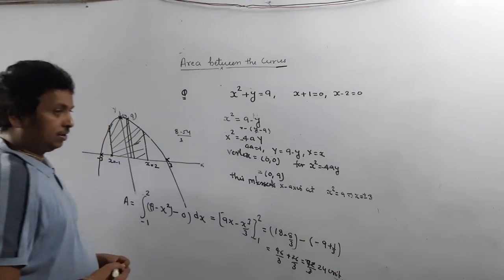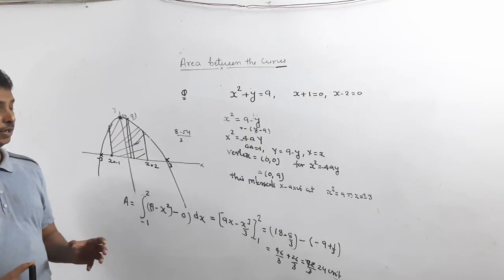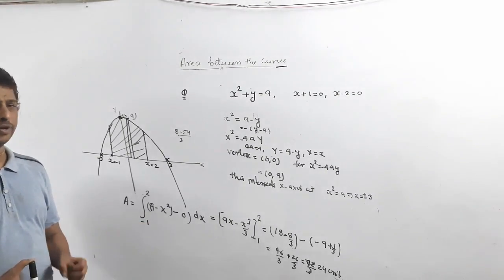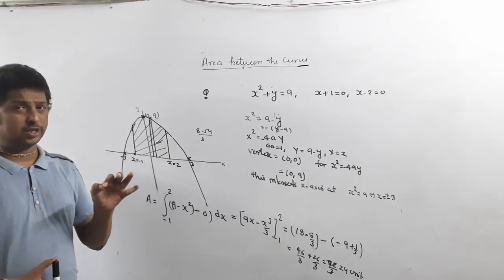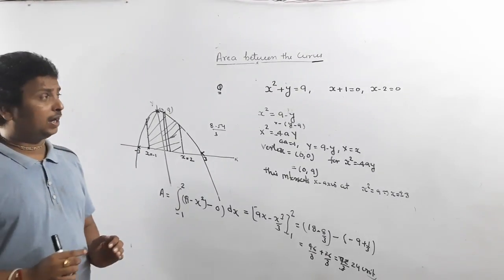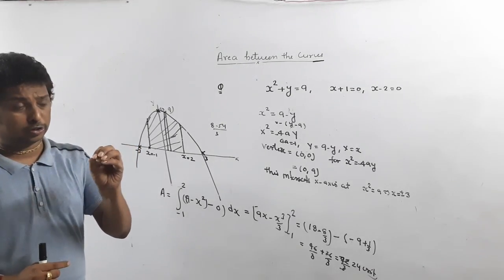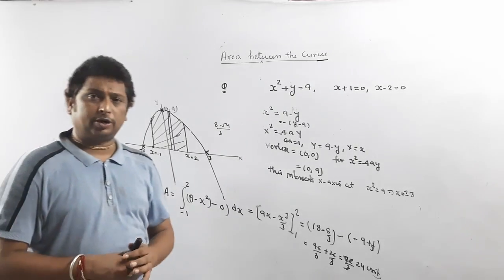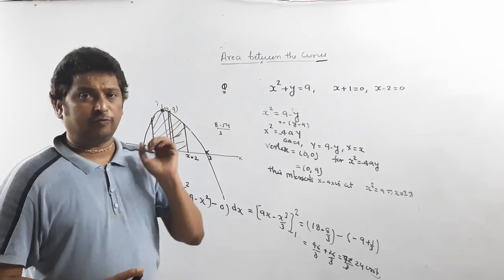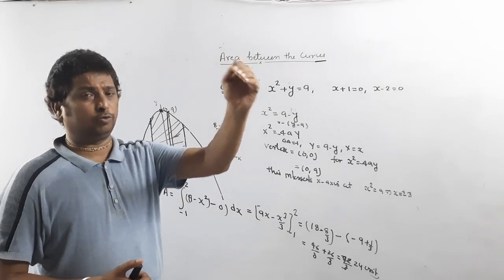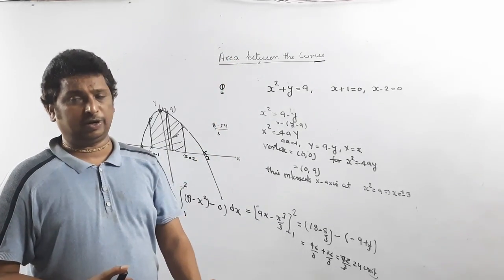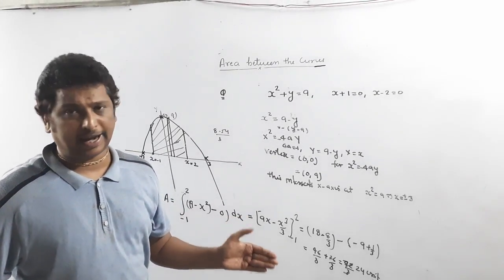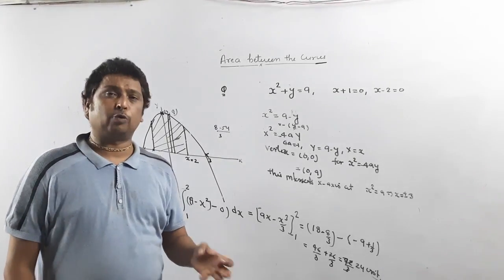So thank you, and hopefully I think you understand how we calculate the area between the curves. It does not matter, it is very simple. Just draw the curve and draw the region for which we are going to calculate the area. Once you draw your part, just draw a vertical line and put the upper y value minus the lower y value, and put the x limit from a starting point to an ending point. So easily you can calculate the area of any curve.